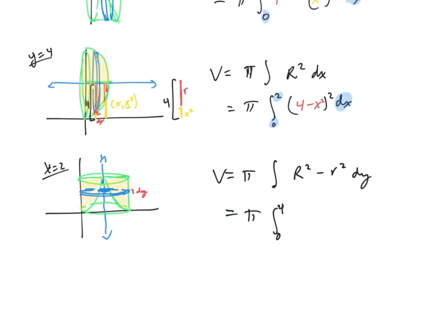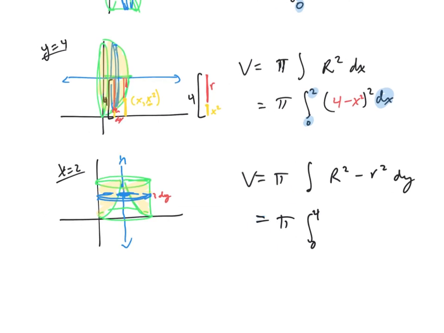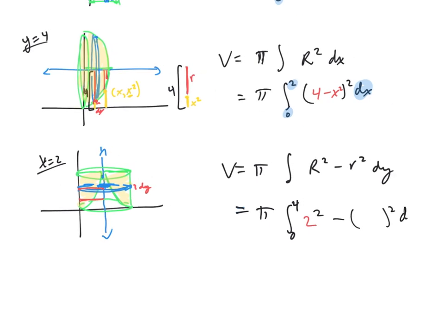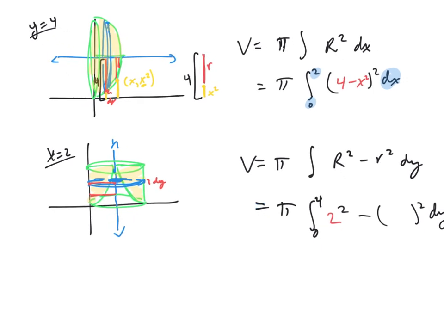And then I need to figure out how to express my big radius and my little radius. So again, I'm going to draw a picture here. I'm going to start with my original region. My big radius is going to be 2 always. Picture moving that up and down. Picture taking a different slice here, and the big radius is still 2. So I've got 2 for my big radius, and then my little radius. Here's where I'm going to have to be a little creative. The little radius is that inside part. So if I kind of picture this slice,